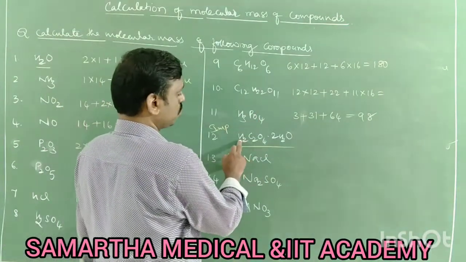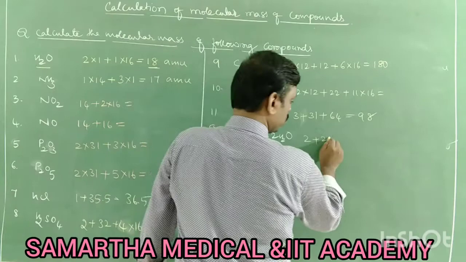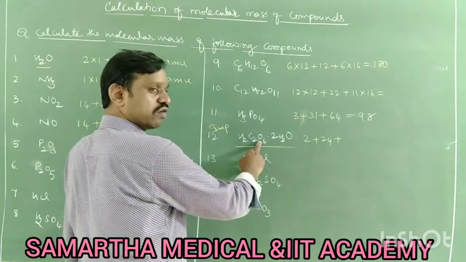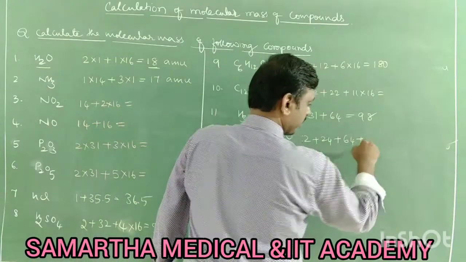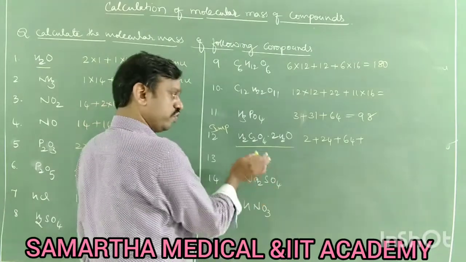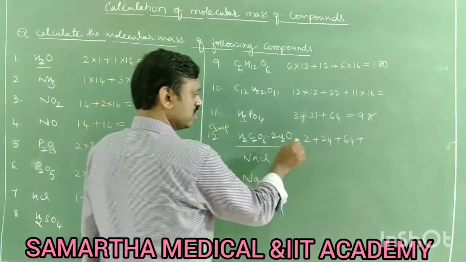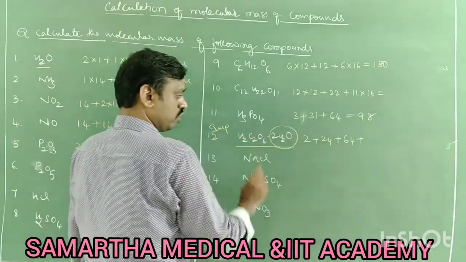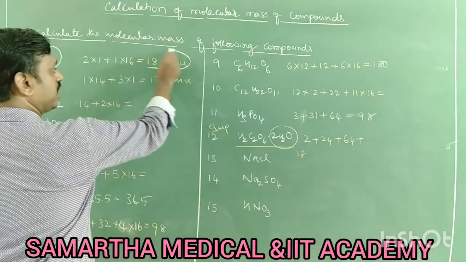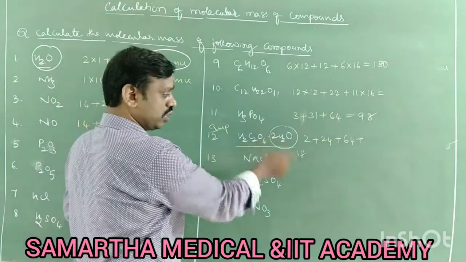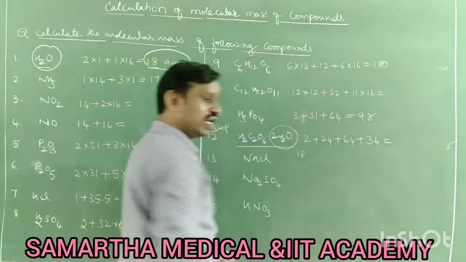Okay. See here 2 hydrogen, 2, plus there are 2 carbon. 1 carbon is 12, 2 carbon 24. Next there are 4 oxygen. 1 oxygen 16, so 4 oxygen 64. I am writing directly, students, don't get confused. If you want you can write individually also. I hope you can understand. Next, plus there are 2 water molecules here. You know 1 water molecule is 18. We have studied that 1 water molecule is 18 AMU. But here there are 2 water molecules, so 2 into 18, 36. So all together you just calculate.